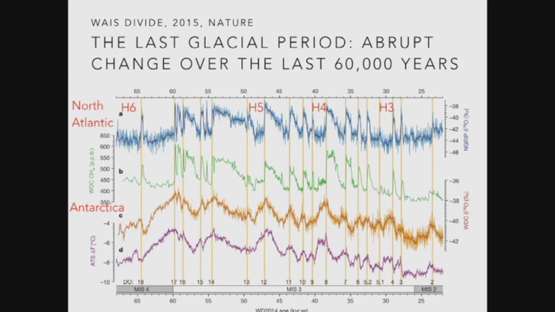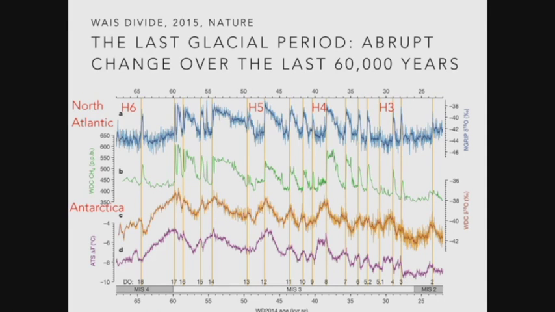If we come through to the abrupt climate changes that we've been hearing about before, these abrupt warmings, in the blue here, this is from the West Antarctic ice sheet record, the oxygen isotopes from Greenland in blue in the top panel, and then the Antarctica in the yellow and purple. You see there seems to be this sort of antiphase relationship. The warming in the north leads to cooling in the south, or vice versa. We're not quite sure.